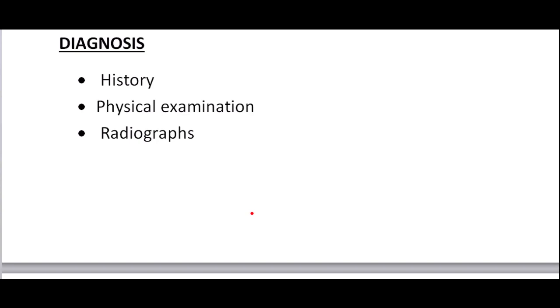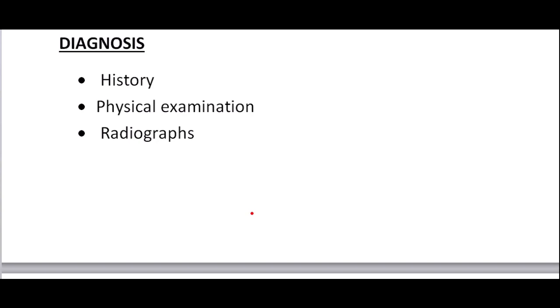Identifying a TMJ ankylosis involves a thorough clinical examination, typically restricted oral opening or complete inability to open the mouth. It's the key feature. Patients often complain of difficulty in chewing due to this limitation. Movements like protrusion of the jaw are not possible on the affected side. While palpating the joint, one can often detect partial mobility or complete immobility of the condyle. In the young patient, the nature of the facial deformity can help to differentiate between unilateral and bilateral